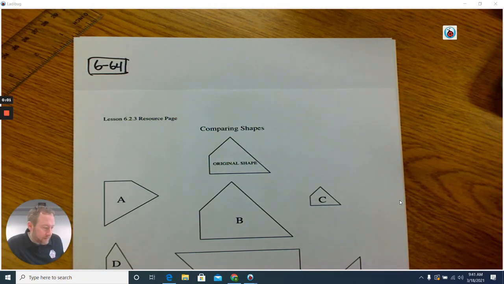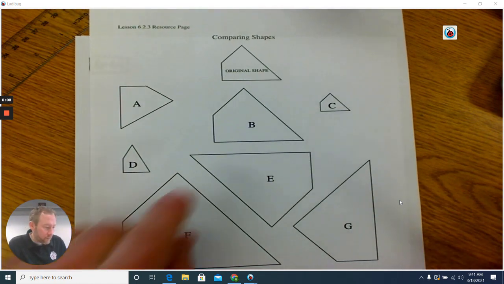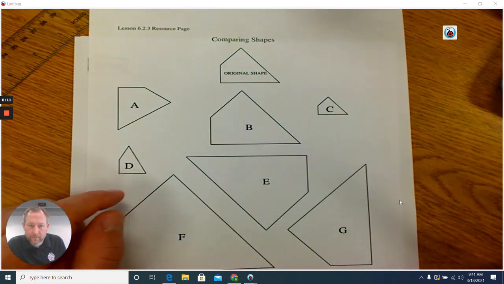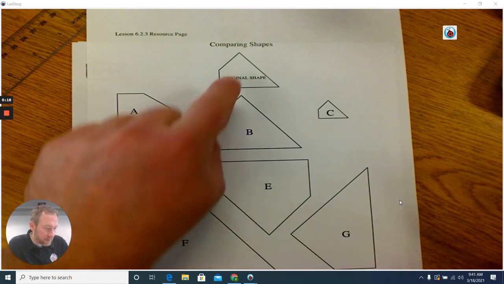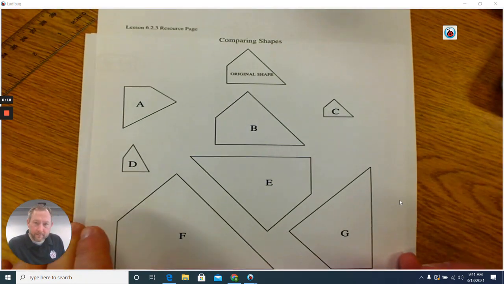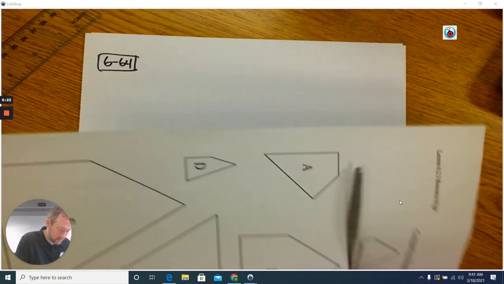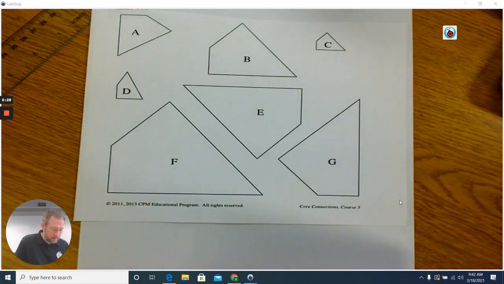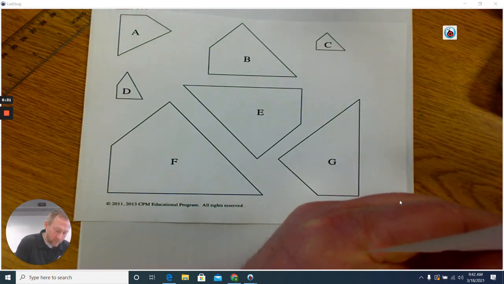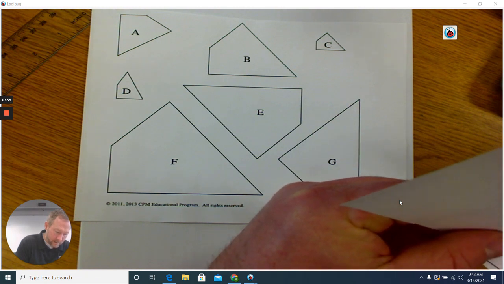Question 64, you need the resource page that's been attached to the lesson, which looks just like this. And we have an original shape, and we want to know which of these shapes, A through G, are similar to the original shape. So I'm going to take scissors and cut across, leave those intact, but I want to cut the original shape very accurately out